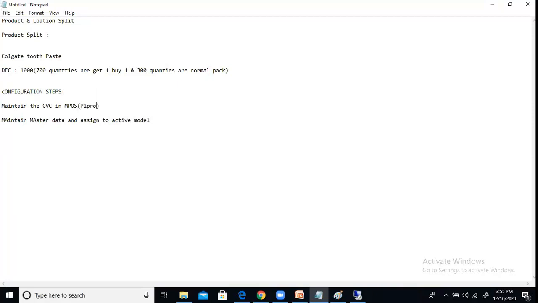P1 Pro under L1 and P1 non under L1. Okay. Those are the CVCs, and I maintain the master data for these CVCs and assign them to the active model. Once I did these things, the next third step is